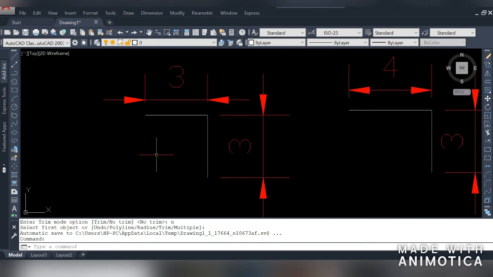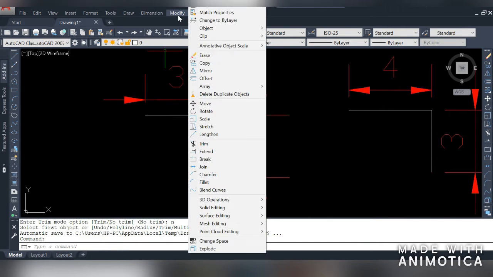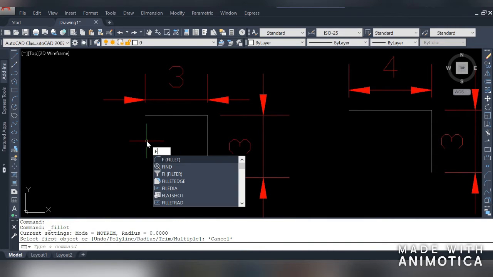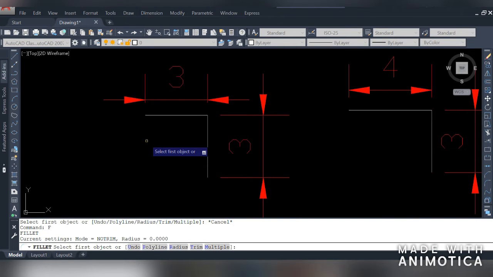To choose fillet command, go to modify toolbar and here choose fillet, or simply press F and then press enter. Now you can see the radius is here 0, so you have to change the radius, otherwise it will continue with the previous input you have entered while using fillet command.